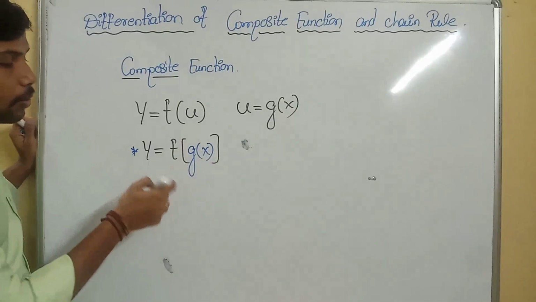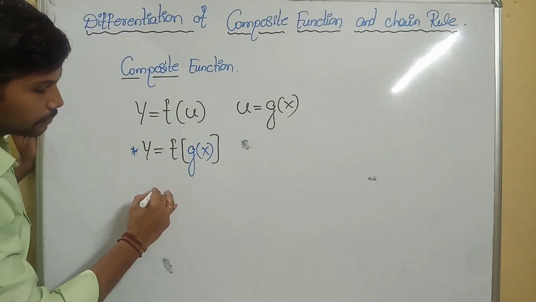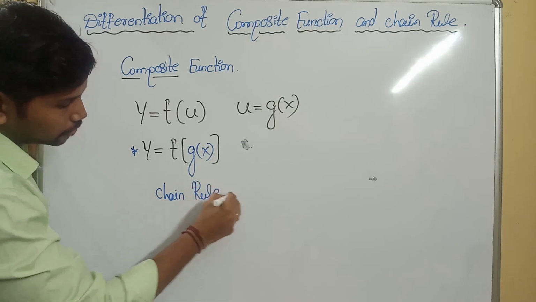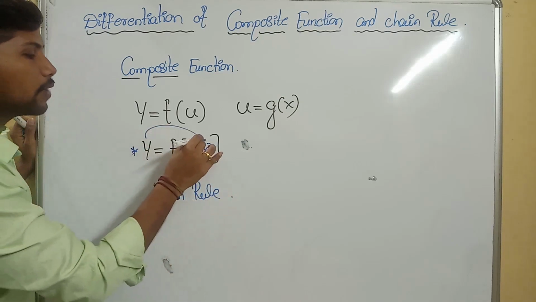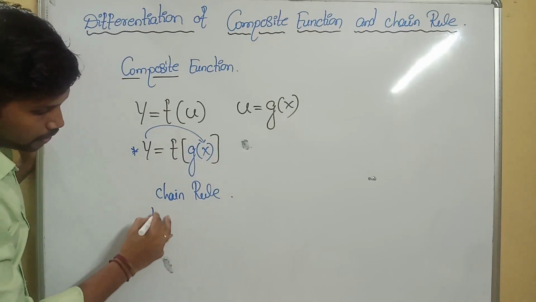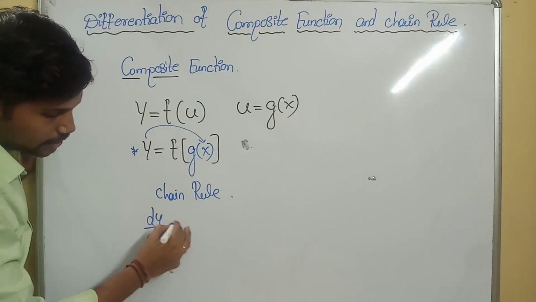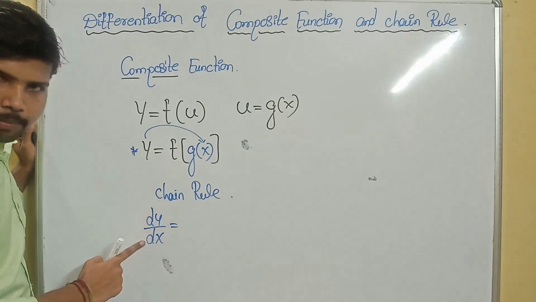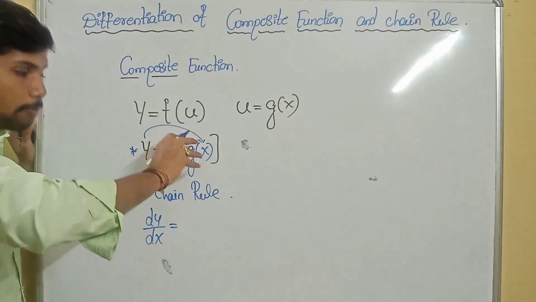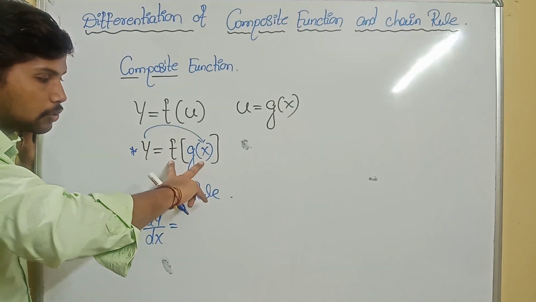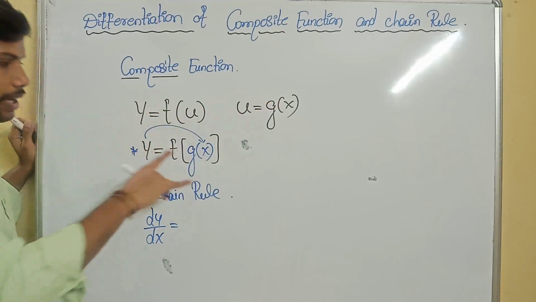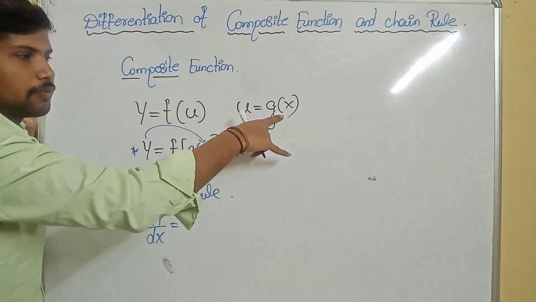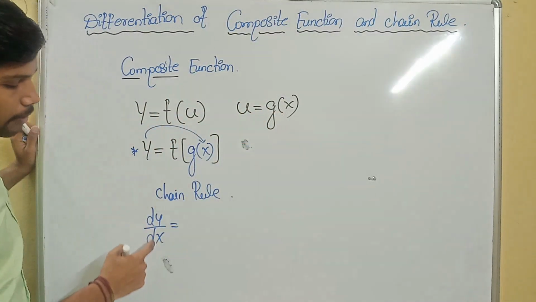Now how do I have to apply the chain rule here? See, the chain rule is very simple. Concentrate on the board. y is a function of what? Finally x. That's why we need to write dy by dx. We make a composition of two functions as an independent function, like f of u, where in the place of u, g of x is there.